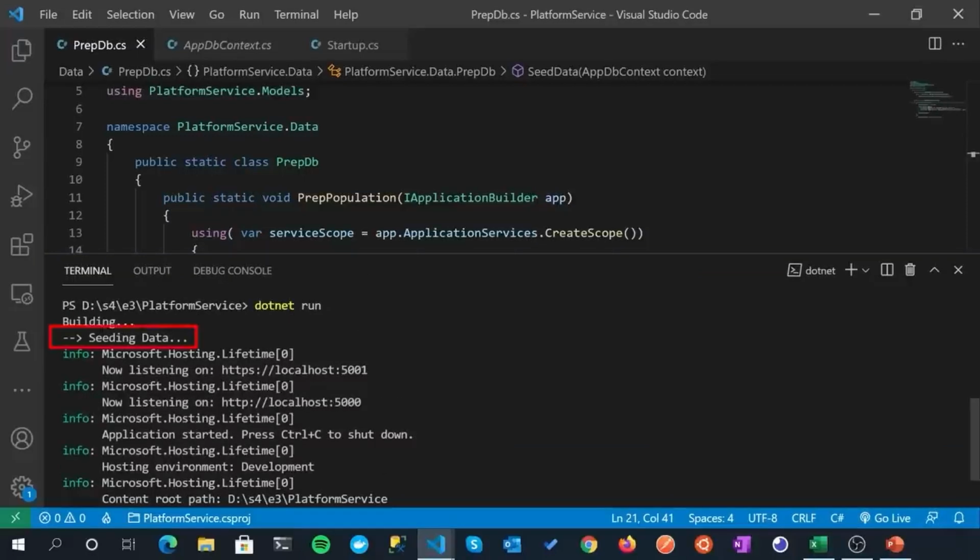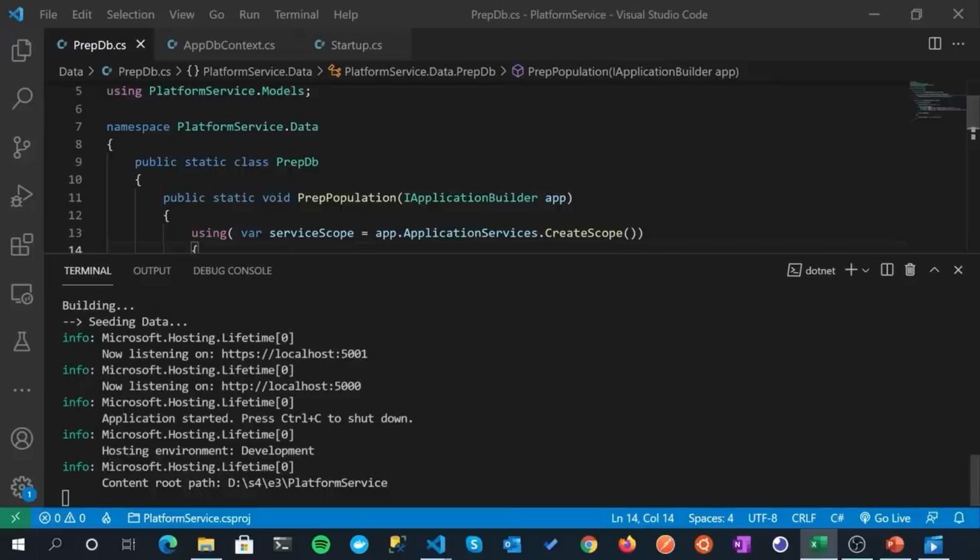So cool. It's realized we don't have any data in our in-memory database and it's seeded the data. Now we can't do anything with that now. We can't access it yet. That's when we come on to our controller. Fantastic. But what we're going to move on to now, just to kind of round out the data section, is look at DTOs. We're going to create some DTOs. We'll do that next.